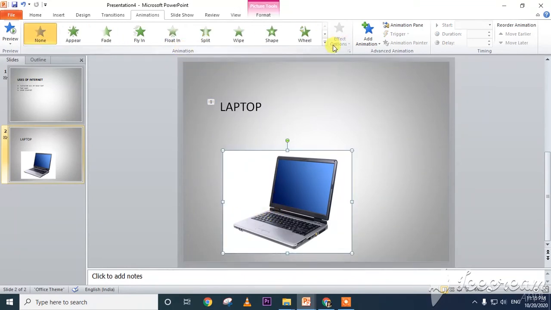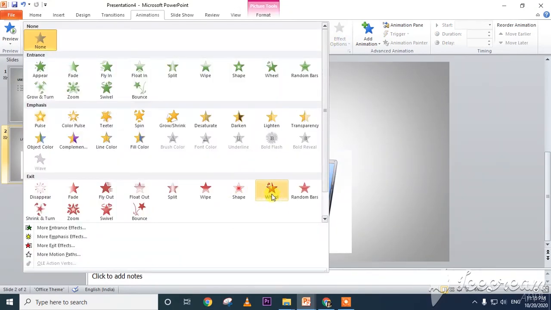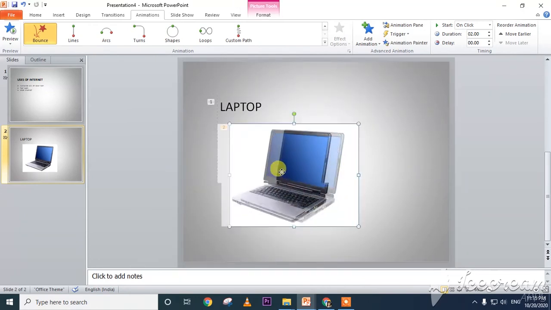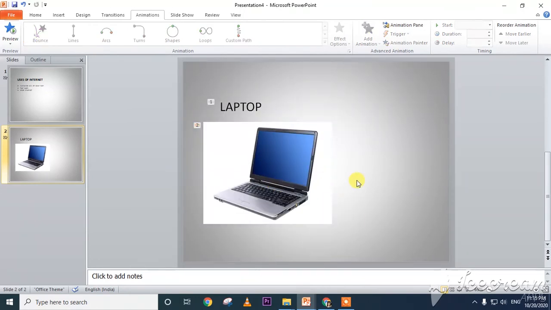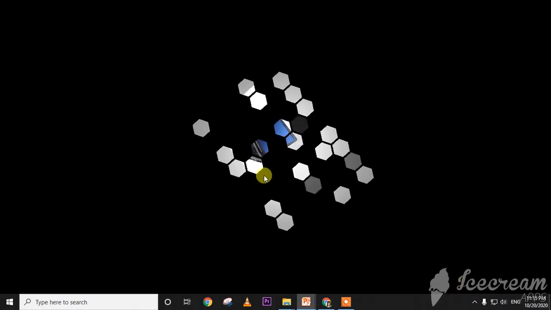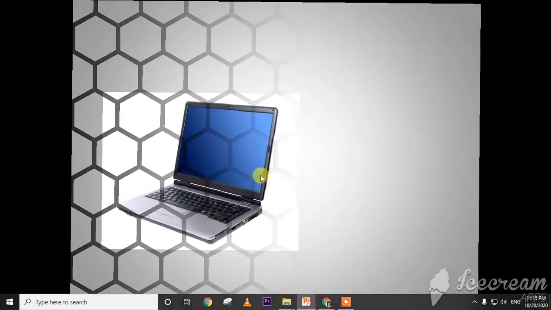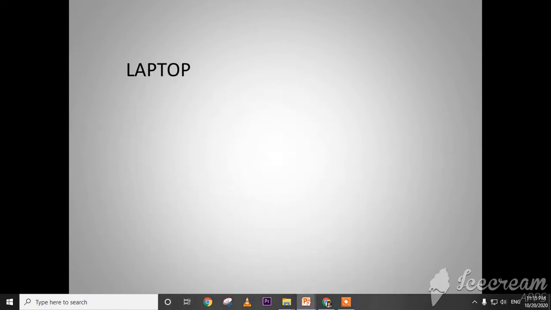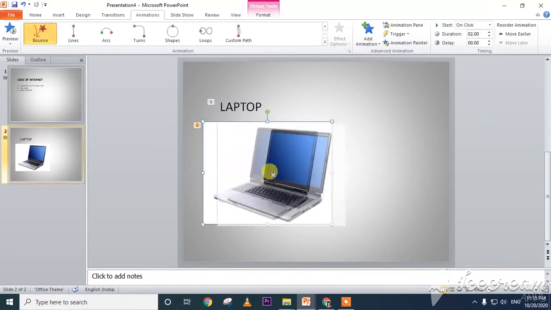Now the laptop also I will select and give Wheel type. Now keep this one here. Now let us see. This is the play button. Now first one, see, it's coming like this and click, the laptop came, next one, see. So this is called custom animation.